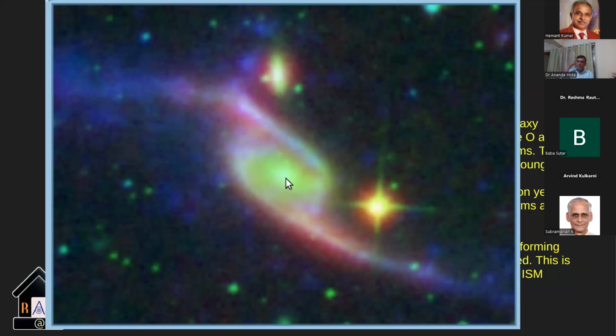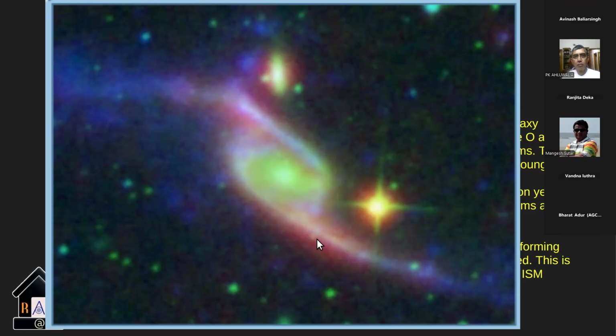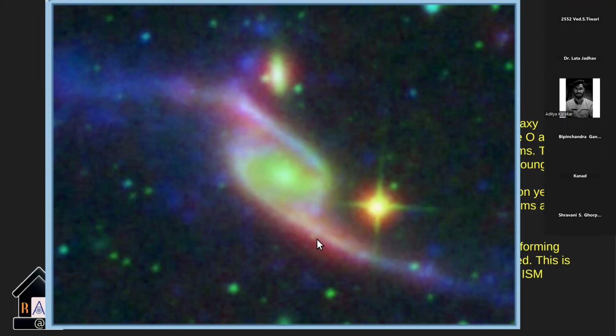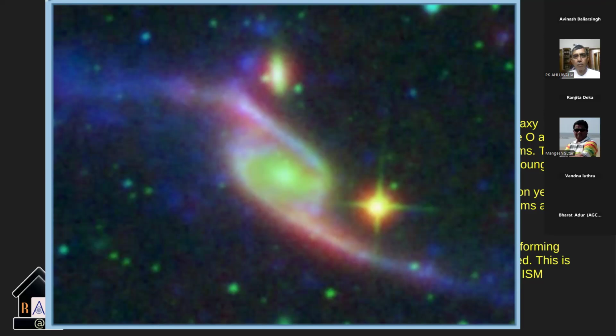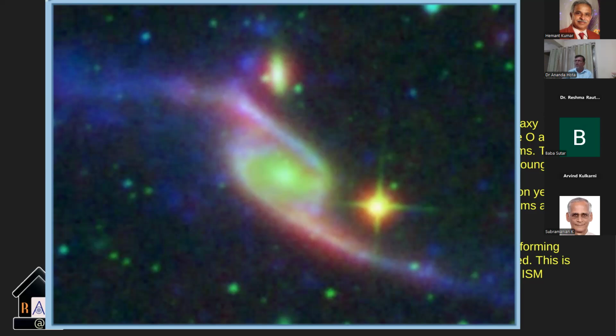What do you see? You see that the galaxy's ultraviolet light is on the outskirts in the spiral arms. These are O and B type stars, very hot, 10,000, 20,000 degrees, and they can survive only for a few million years, less than 10 million years. They will form quickly, they are heavy, they will burst in supernova. And this red region is the dust and PAH, polycyclic aromatic hydrocarbon, very cold, 100 Kelvin, 200 Kelvin, that kind of frozen, sub-zero temperature cold dust. And the sun-like stars are looking green here. They live several billions of years; 4.5 billion years is our sun.